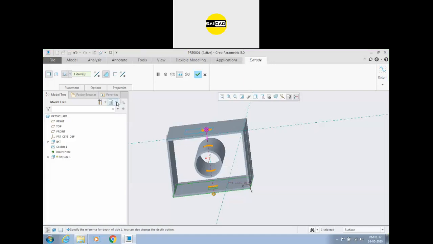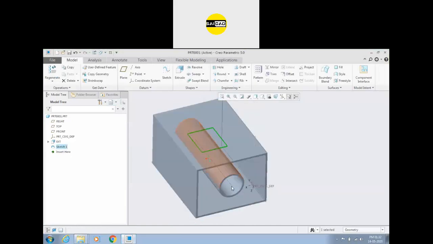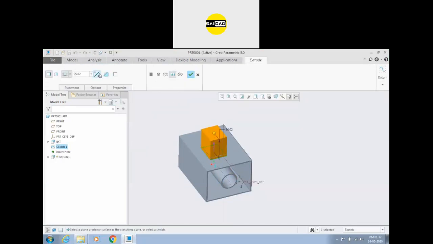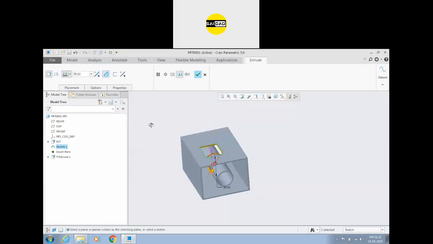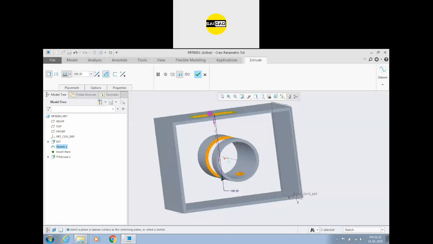Okay, you can always cut the material if the object is bigger. Then you have to just apply the blind command, like this object is bigger than this pipe. So you go to the extrude, remove material, flip sides, and you will have to specify the value. Now you can cut the material like this.